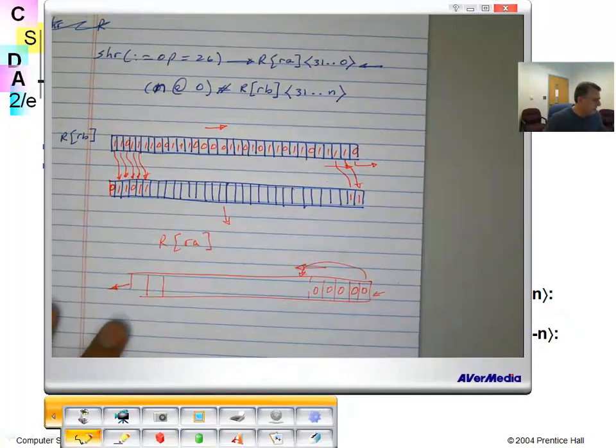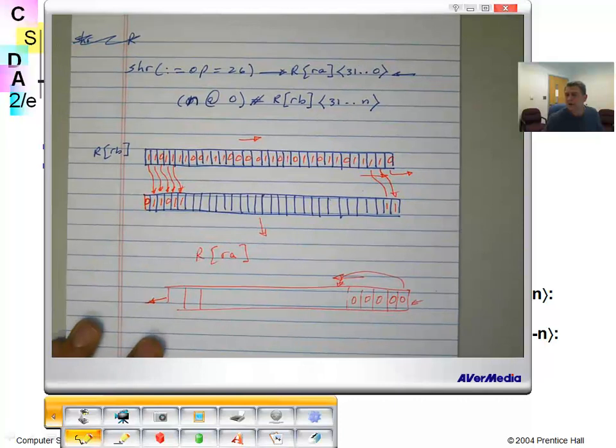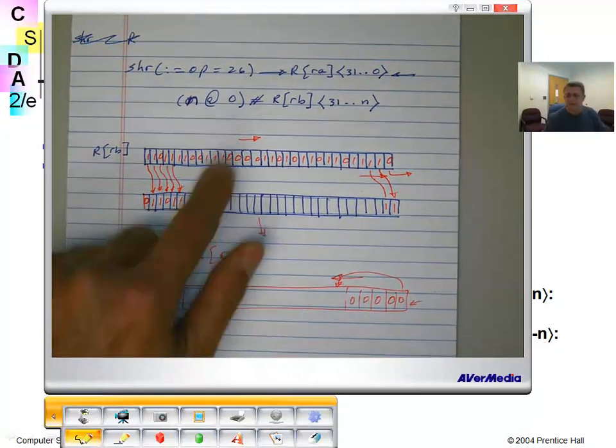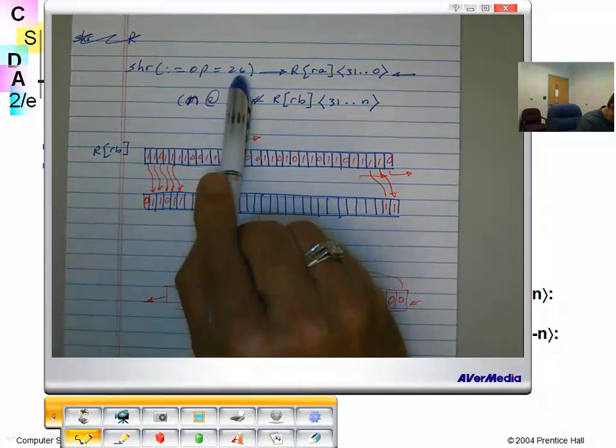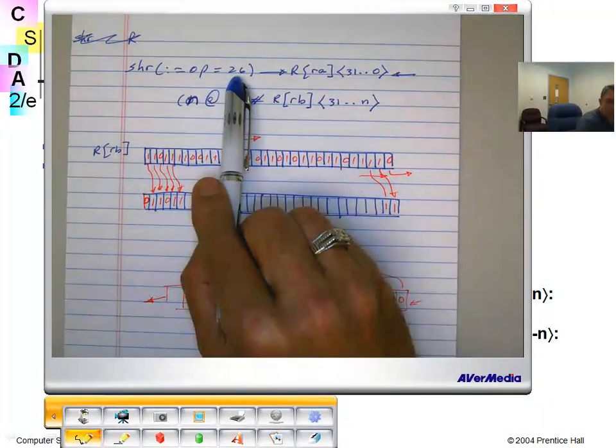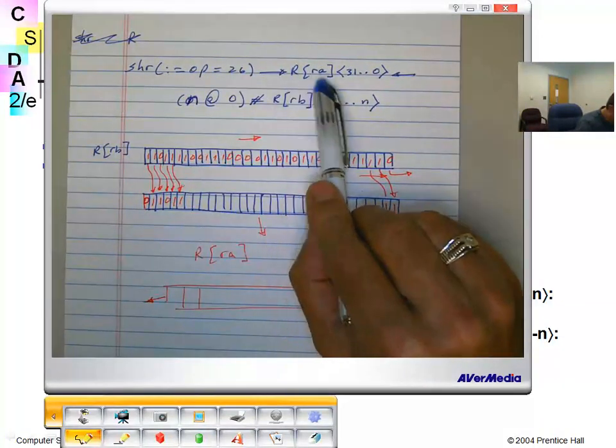I did record this section, but the server lost it. That's why you see this one is already written. This is my second time recording this lecture. All right, shift right, if the opcode is 26,